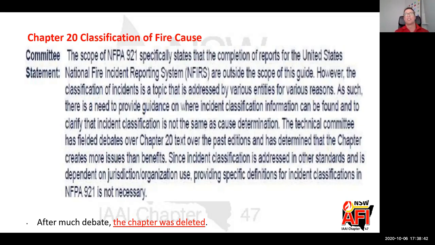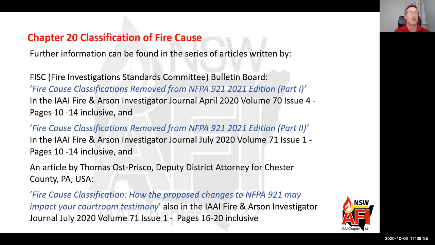And this is where, from our perspective, especially in Australia and New Zealand, we don't look at arrest or charging and stuff like that. That's for the police. The police have to establish intent, and then the court has to decide whether or not they believe in that, and that is for them to decide. So you are right. But in this instance, or this document, the removal of the classifications is because of that. Now,